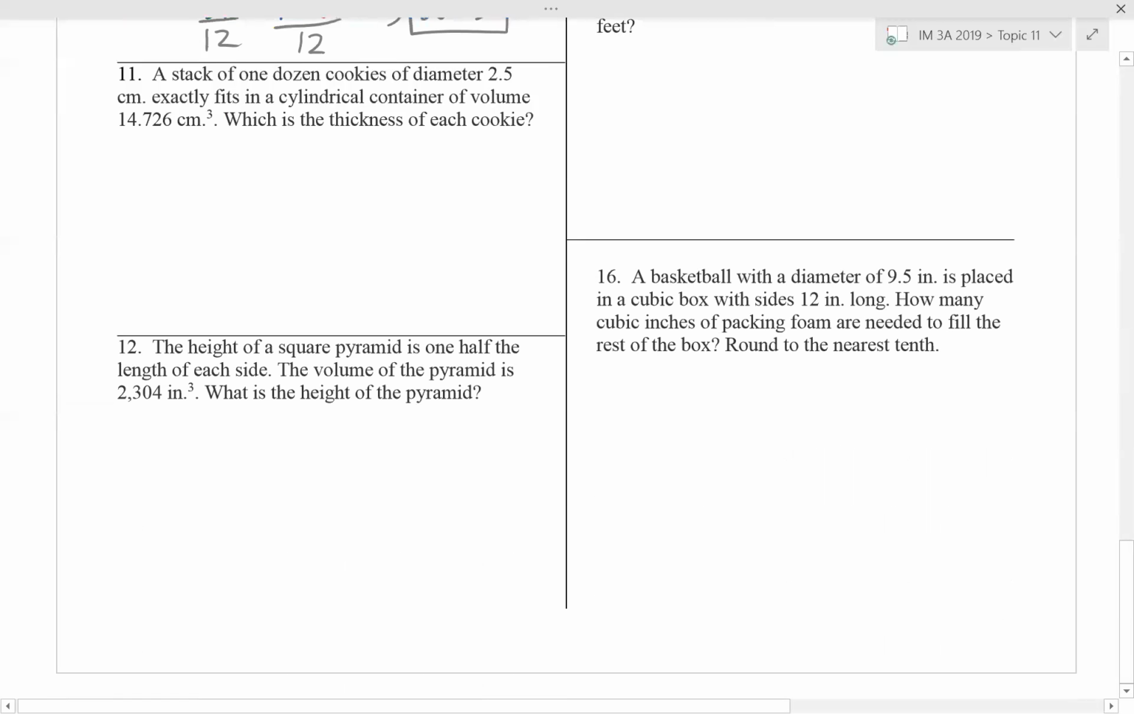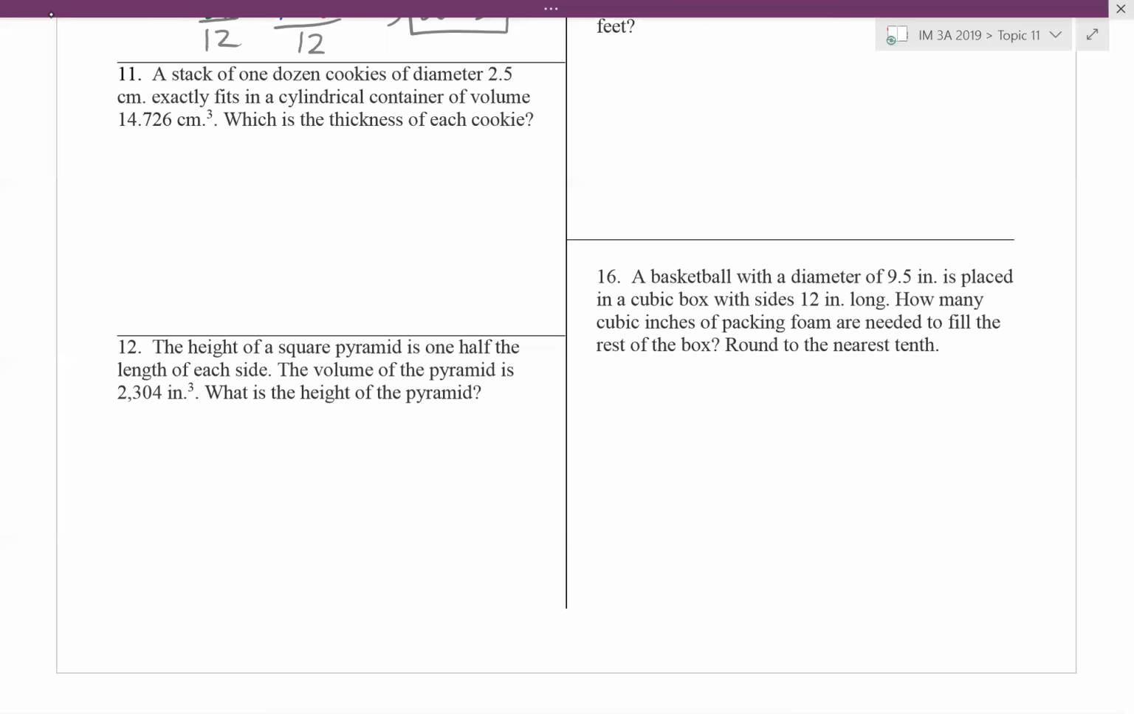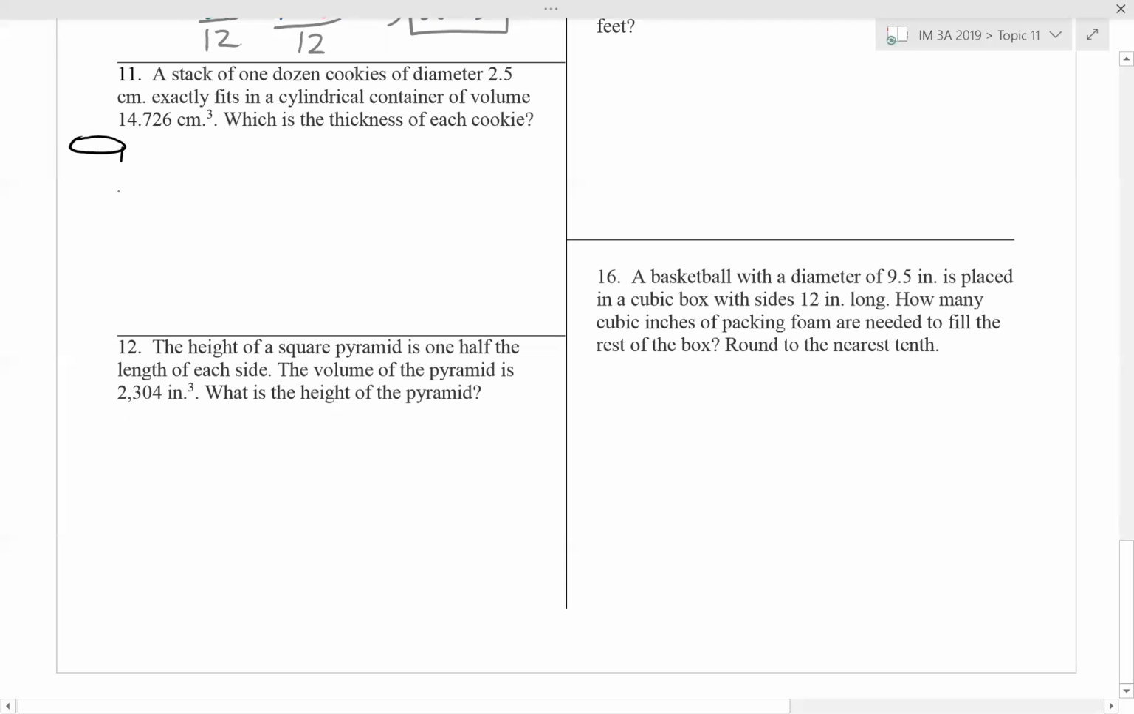Okay, so then number 11 is like our homework problem number 20, where we had a stack of nickels. In this problem, though, it's just a stack of cookies. If I think about a stack of cookies, I can think about it as though it's a cylinder, right? So if I have a stack of cookies, they're round. There are 12 cookies, because it says 1 dozen, has a volume, a diameter of 2.5